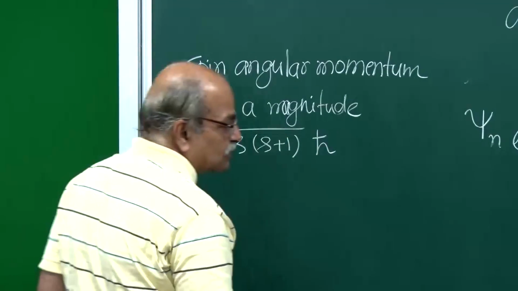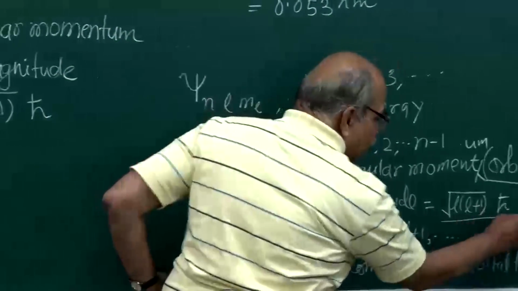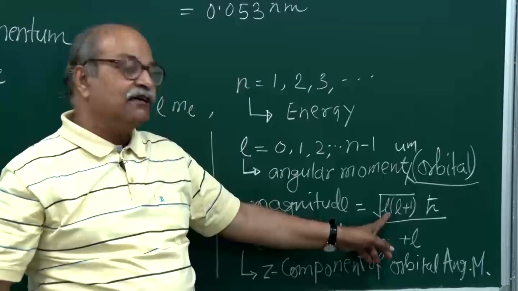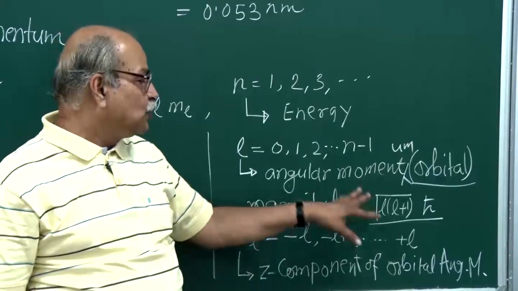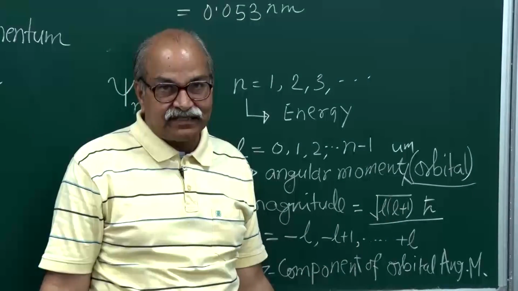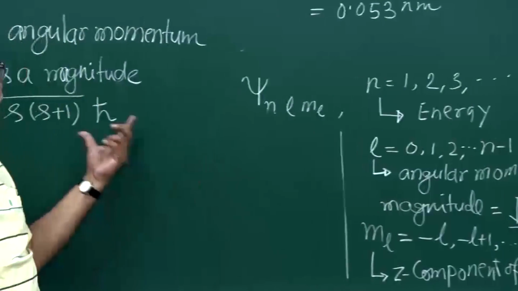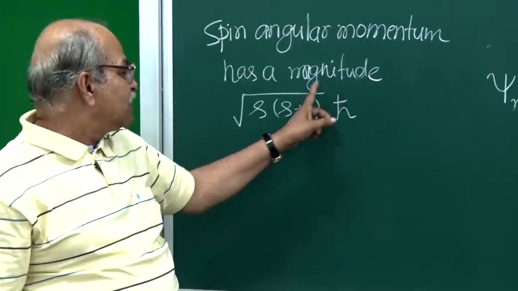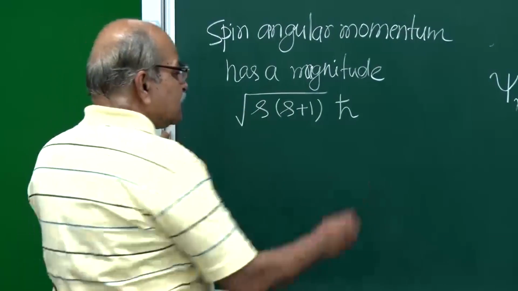This is that magnitude. For orbital angular momentum, the magnitude is square root of L into L plus 1 times h cross, and this L can take values. It can be 0 or it can be 1, it can be 2 and so on. It can have values depending on different conditions. In the same structure I am writing the magnitude of spin angular momentum, and that magnitude is written as square root of s into s plus 1 times h cross, and this s